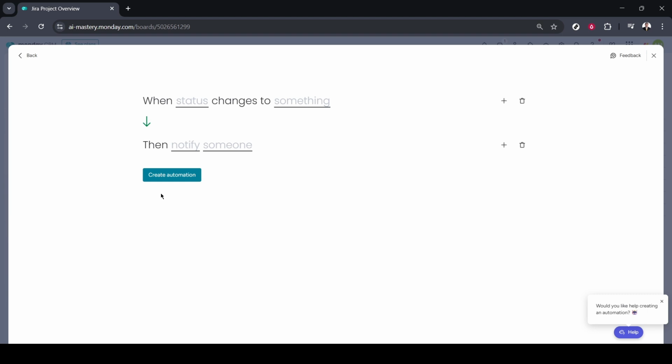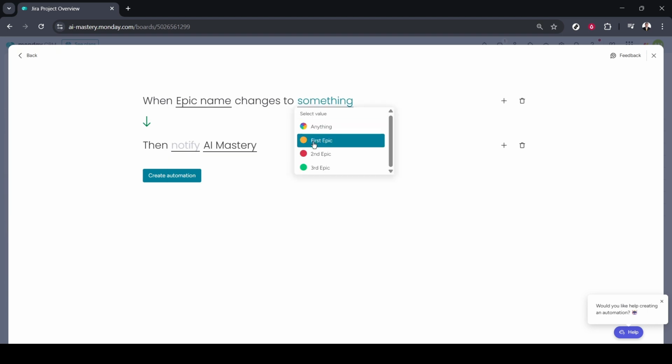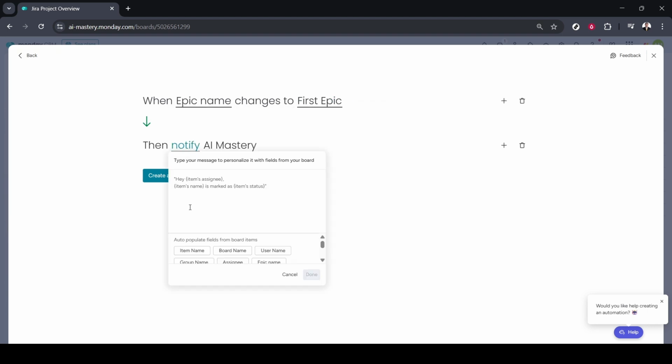Finally, to activate your new automation and integrate it seamlessly into your workflow, click on the Create Automation button. This step finalizes your configuration, saving the automation and making it live. From this moment on, Monday.com will automatically send notifications based on your specified status changes, providing a clear and reliable system for managing recurring task alerts and reminders. This fundamental automation enhances your workflow with automated notifications,